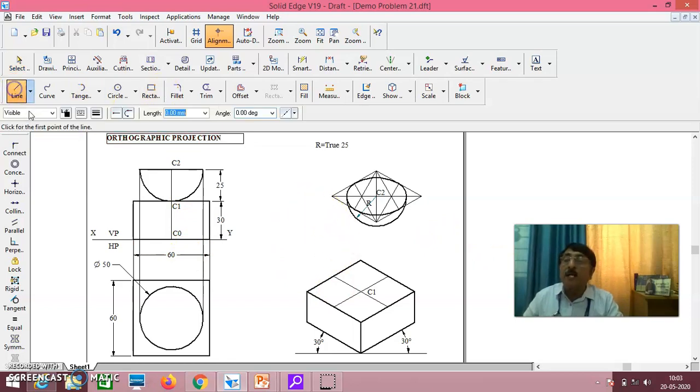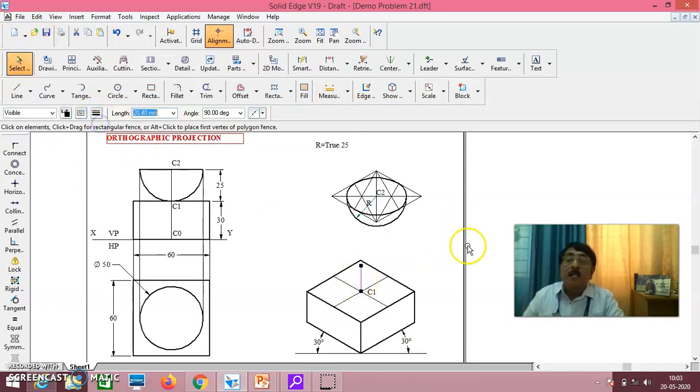I'll draw one line from C1 to C2, that will be 25 into 0.816. You can show it as a thin line also, because anyway it is a construction line. This is 0.816, this is ISO 25.